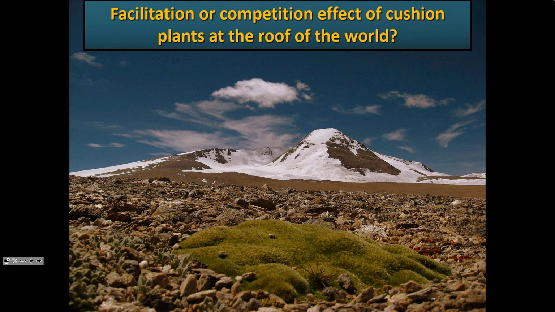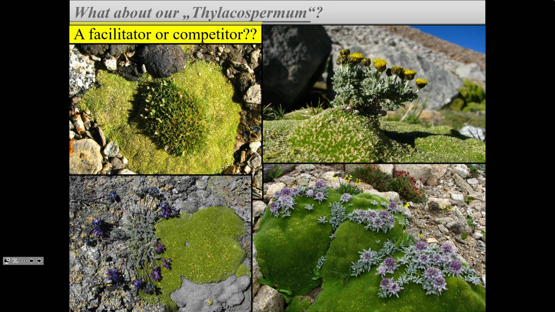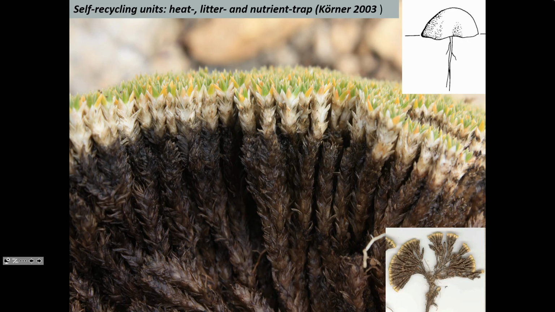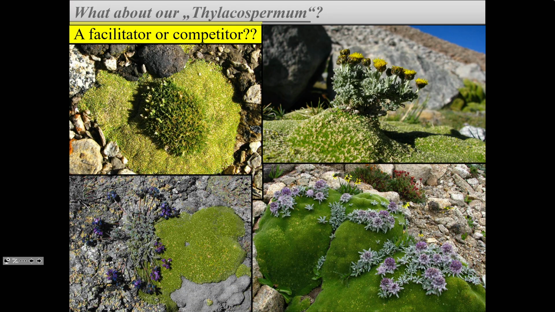Traditionally, what is studied in the Alpine is the interaction between big plants and small plants. Those big plants are often represented by the cushion like this. And they are very attractive. They are sort of self-recycling units. They may have higher temperature, they are litter and nutrient traps, and they lure other species that may find a different kind of protection. So we look at that, and the classical approach is that we count what is on